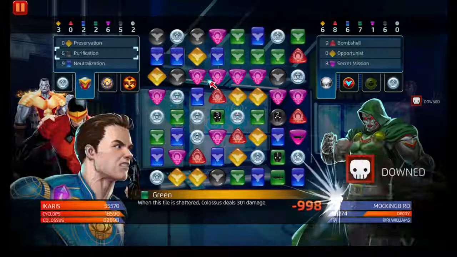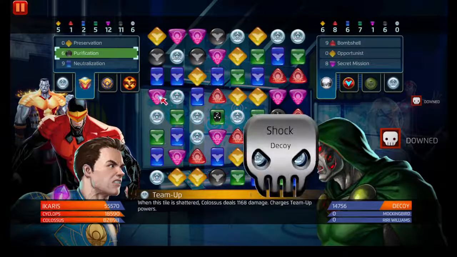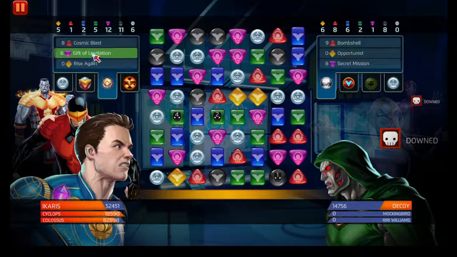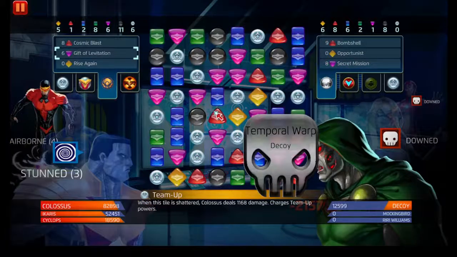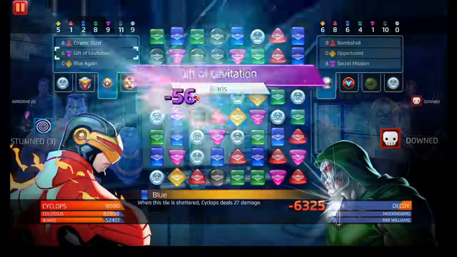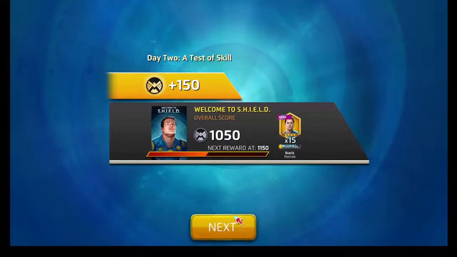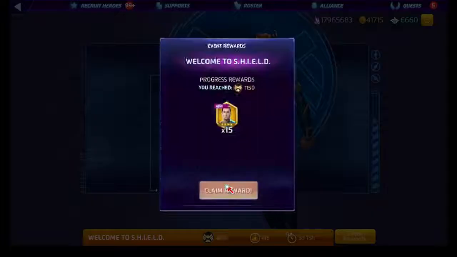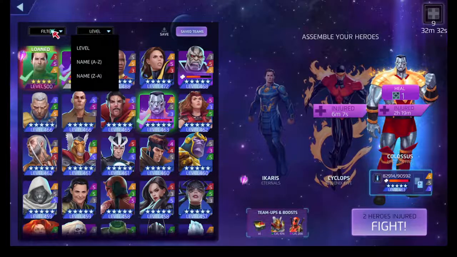Alright, Icarus can take all of this. Shock. Send him airborne. Let Cyclops do his thing. Oh no, you stunned Colossus. Whatever will I do? Alright, so that's the 5-star solution there. Like I said, I'm just gonna break out Colossus and go from there. But the 4-star solution,